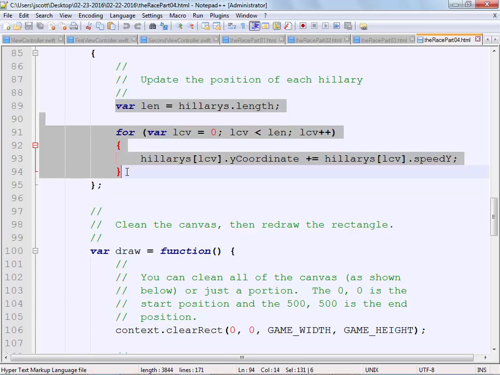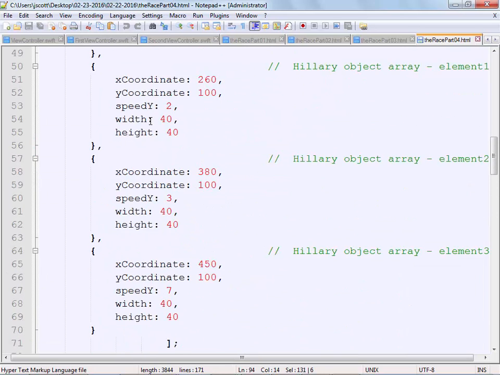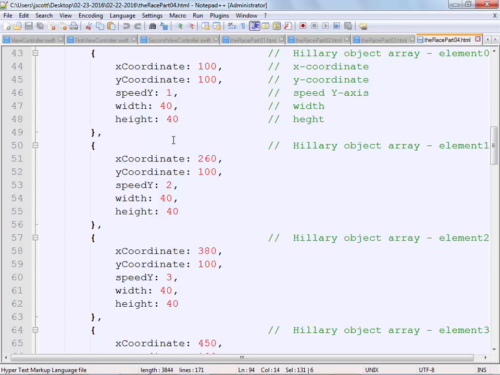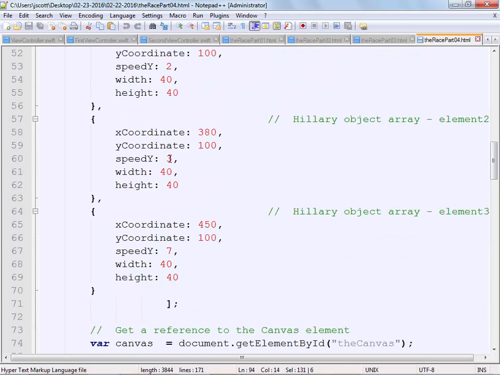So this is saying basically update the y coordinates and the speed of it, so have it be falling. Again, what this dot speed y will mean is for the first Hillary, have it go down a pixel, the second one 2 pixels, the third 3 pixels, and the fourth 7 pixels.